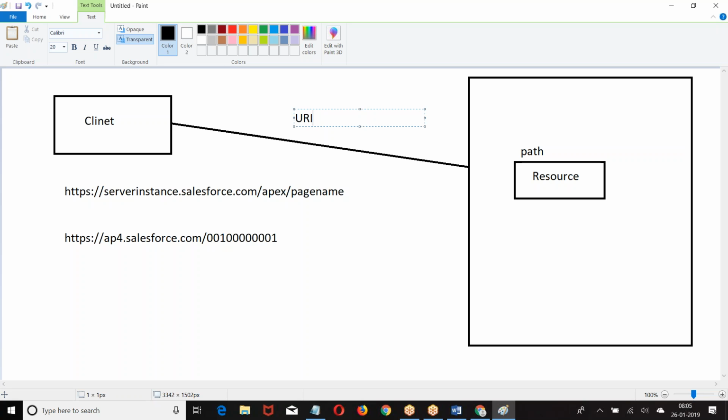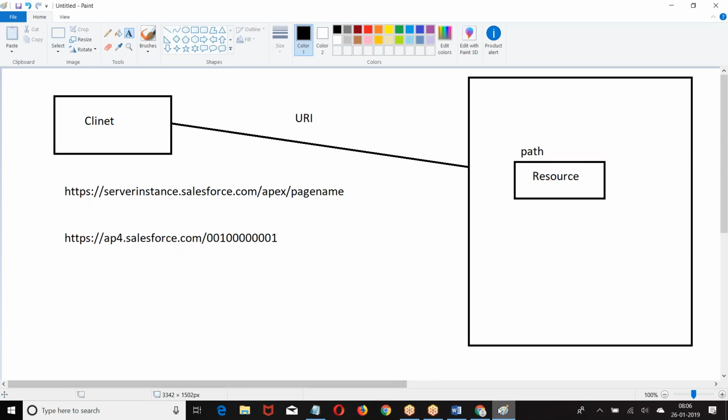This identifier will be of two types. URI can be of two types, URL or URN. Look at the point.